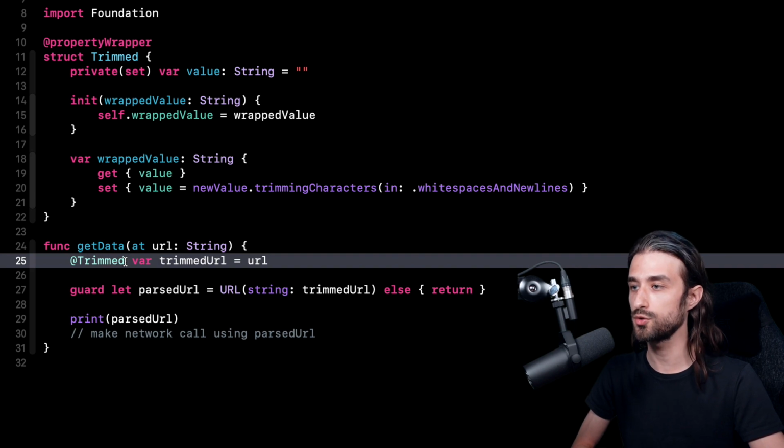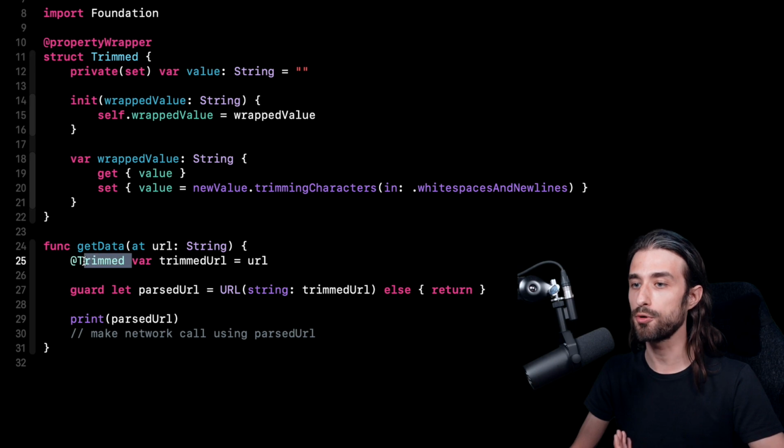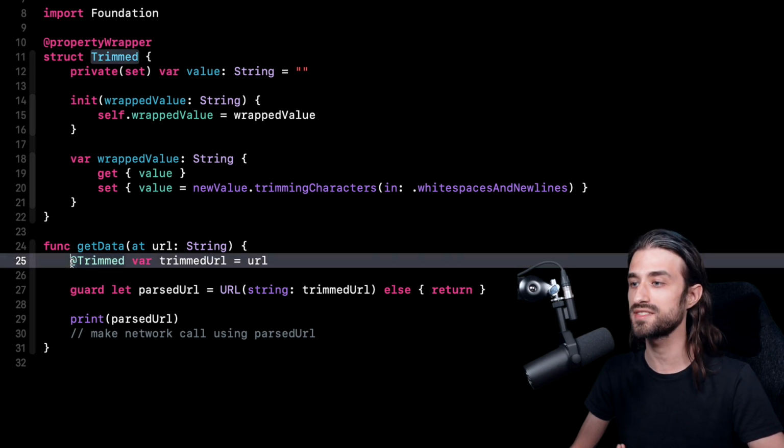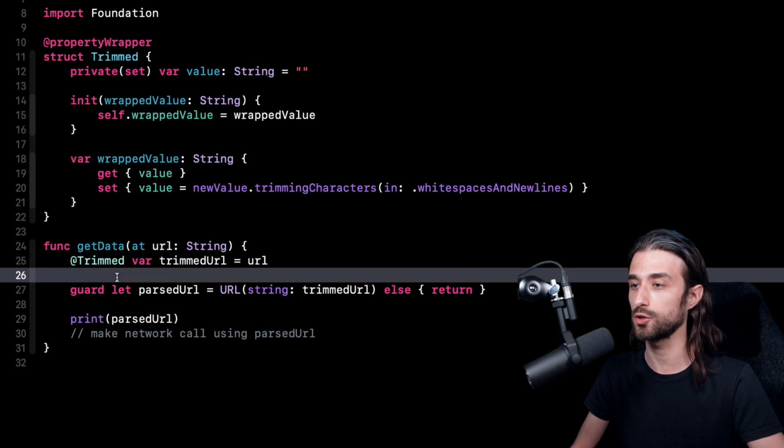So actually, if you are using the latest version of Xcode 12, you can already use this possibility in this version of Xcode. And the second thing I want to mention is that for some reason, using a property wrapper on a local variable seems to pose some issues when you are working in a playground. Here I am working on an Xcode project, it's an iOS project, so it's working fine, but when I try to write the same code in a playground, I had some compilation error that I just couldn't make sense of. So it's something to keep in mind.